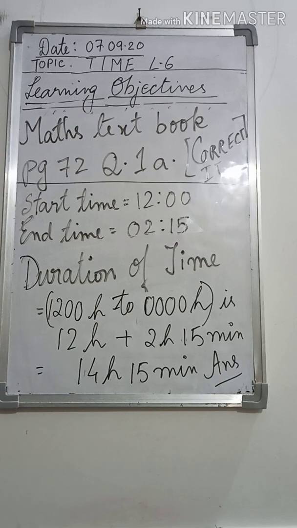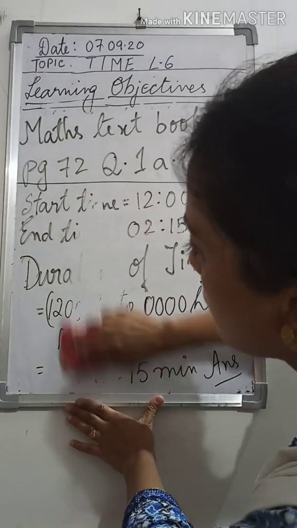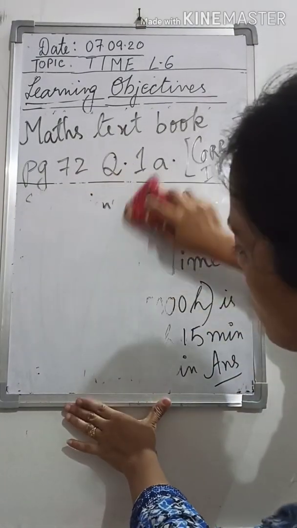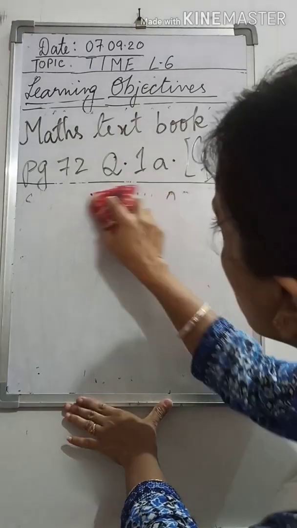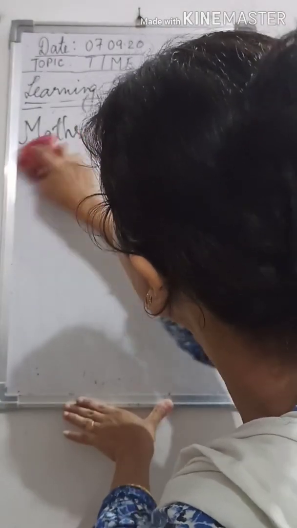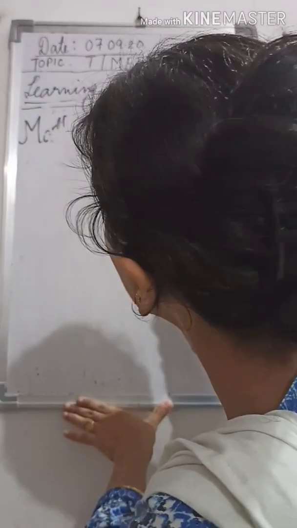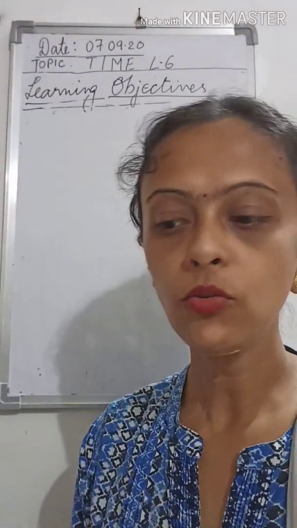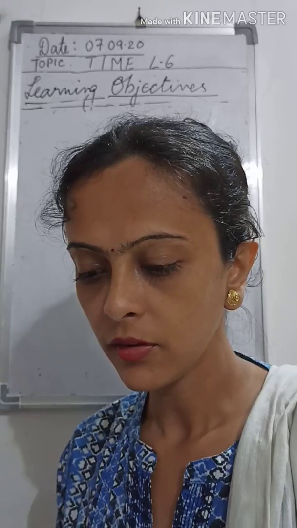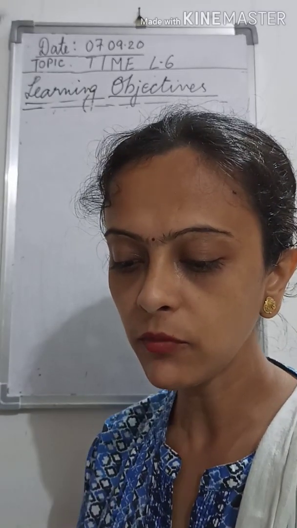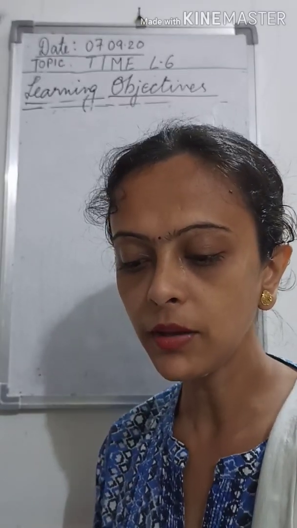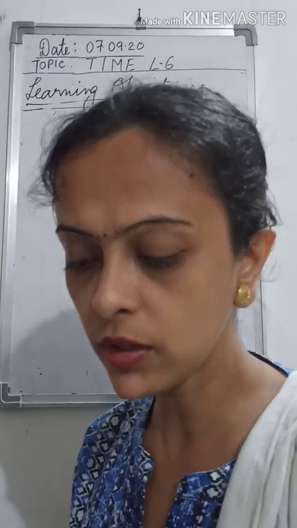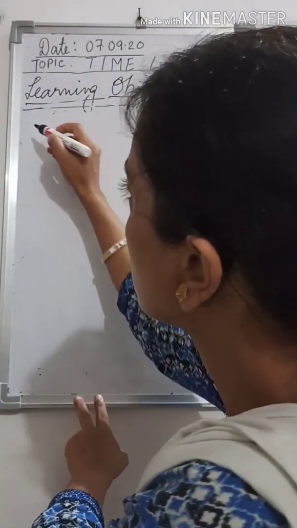So I hope you all have done it. Today I have sent the corrections, whatever we have discussed in our earlier classes also, the answers. You can check the answers in the Google Classroom. And if any confusions still remain, you can ask me in the next live class. Whatever timings are given for the next questions, all are similar. I'm just explaining one more sum so that there is no confusion left.